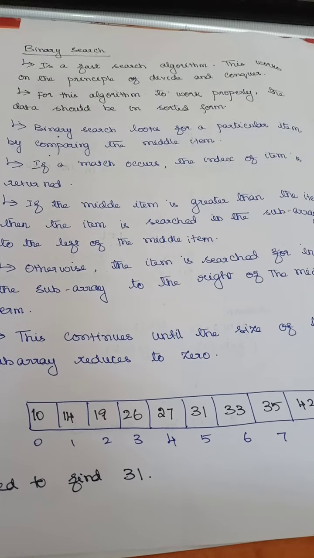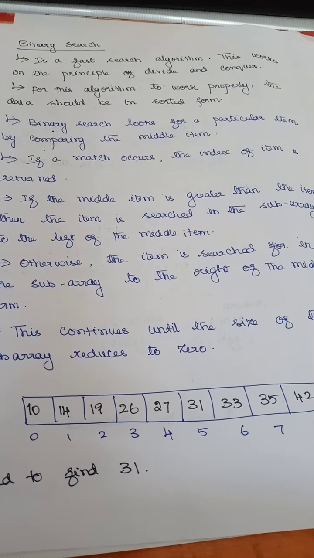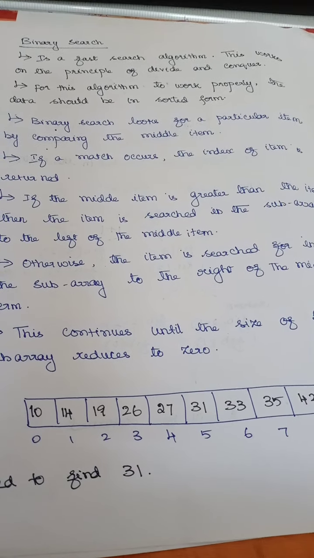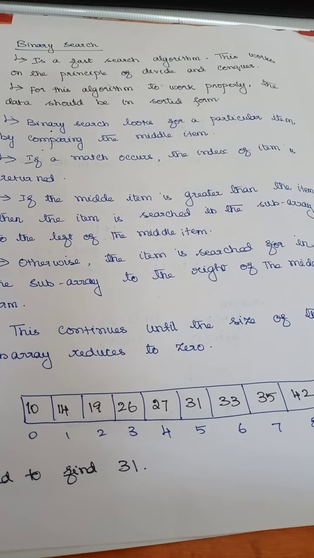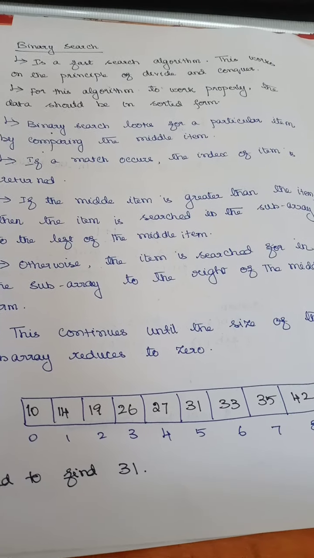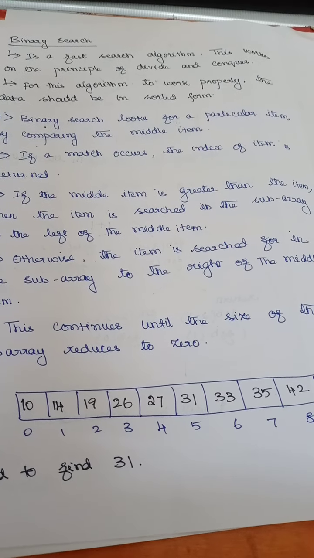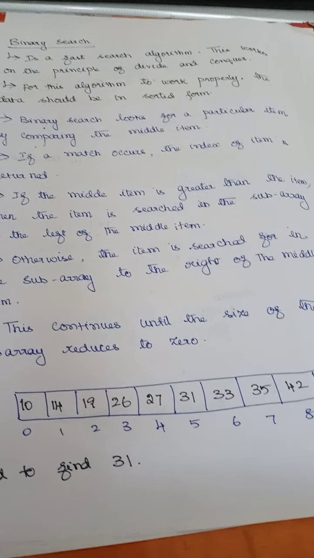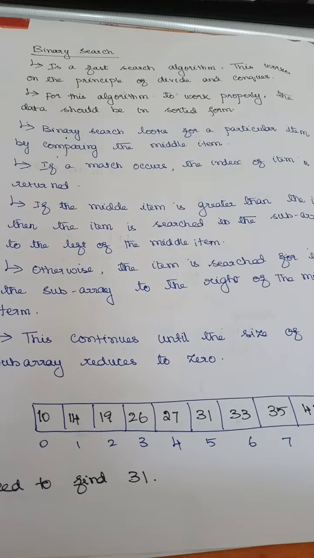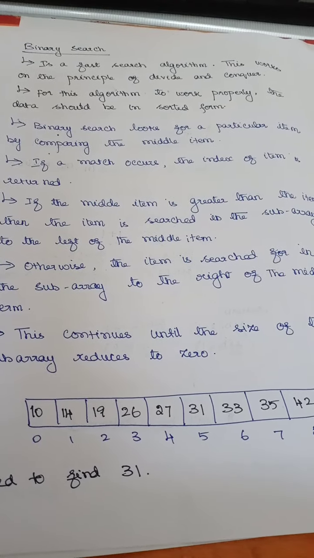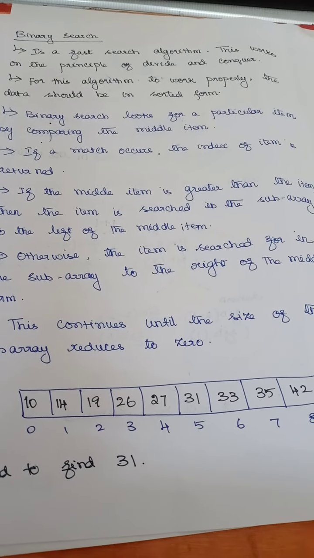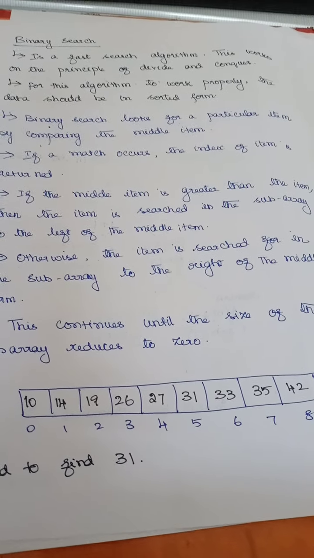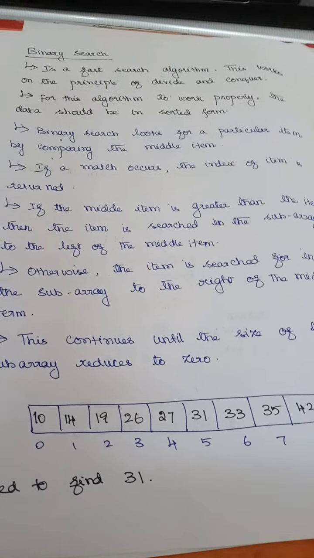Now we'll move on to binary search. Right? So this is nothing but searching for an element in the given array. Already we have seen a search that will check element by element. If it matches, then it will return that the element is found. That is called a linear search. Linear search means element by element I have to check. Right? That is time consuming.